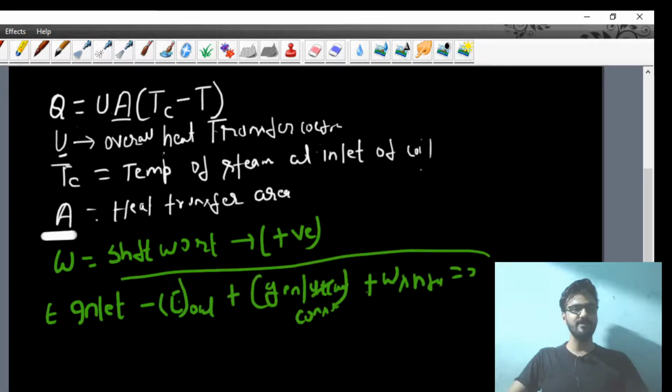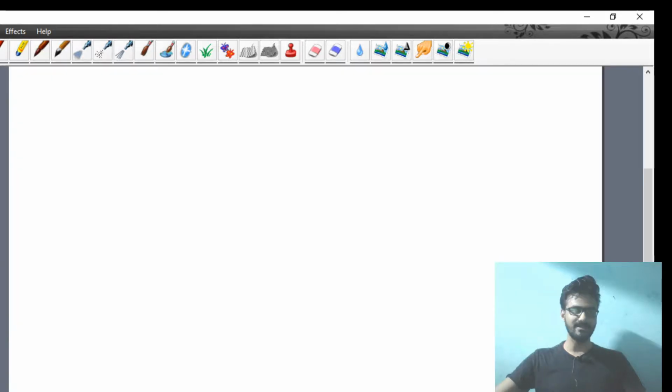Generally we assume the process is happening in steady state, that's why the accumulation term will be equal to 0, because the total amount of energy in is equal to the total amount of energy out. I think this is very clear to all of you now. How the question is going to be asked, just try to understand, my dear friend. It's a very simple thing. If you understand the basics, then definitely you will be able to solve each and every question regarding the energy balance in a continuous stirred tank reactor. Just try to understand how we use it.